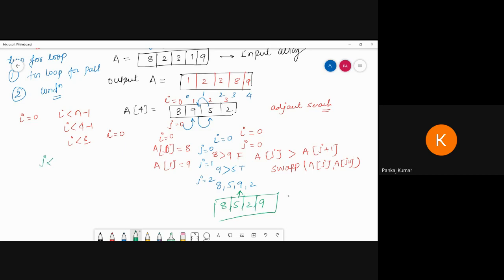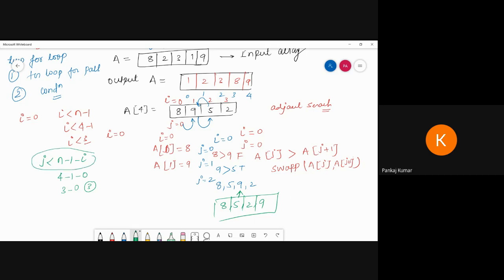Now see how j will be restricted. The j should be less than n minus 1 minus I. Now what is the n value? 4, minus 1. What is the I value? 0, suppose the initial value is 0. So 4 minus 1 minus 0, so it will go up to 3, then up to 2, then up to 1, this way. So for the j condition, we follow it like this.